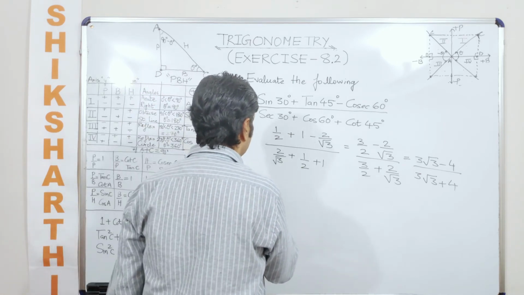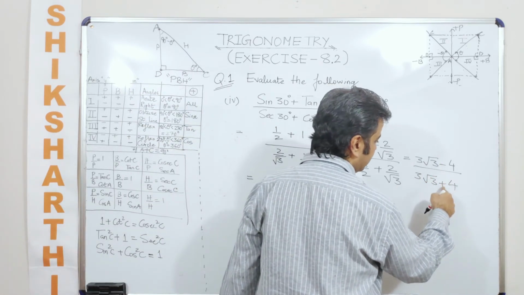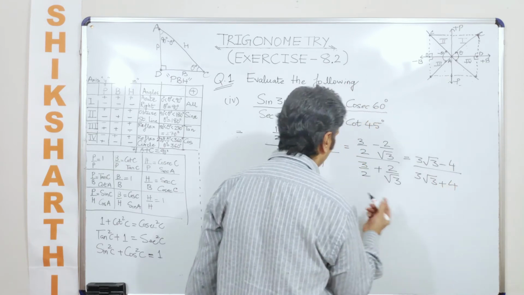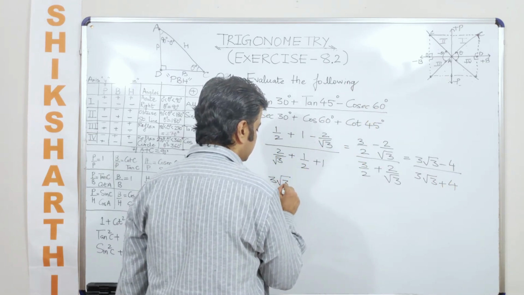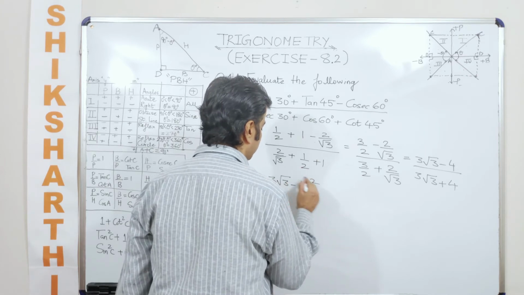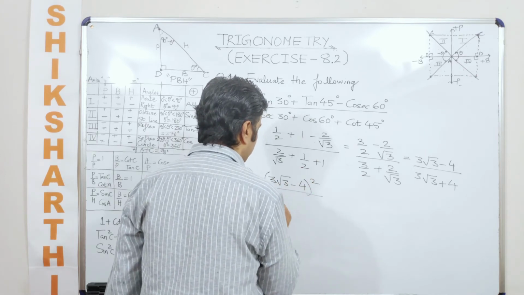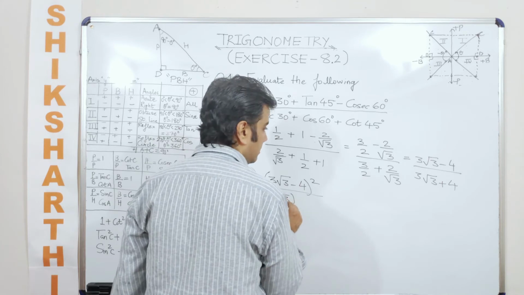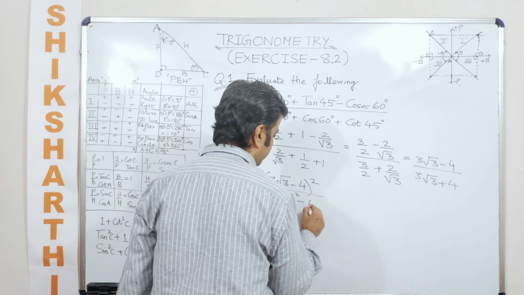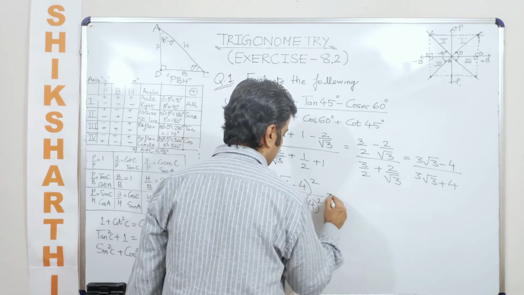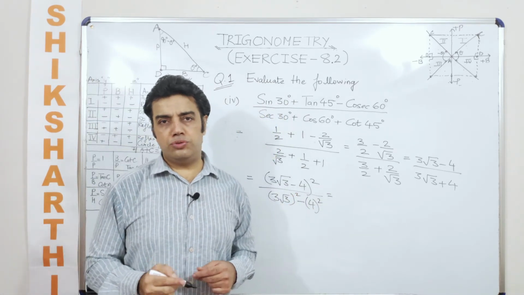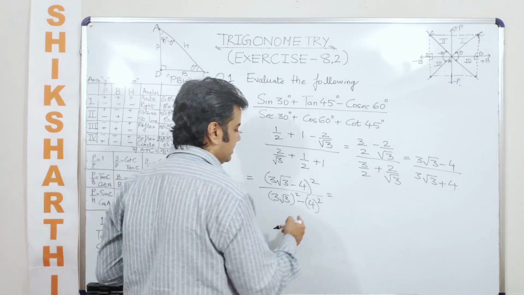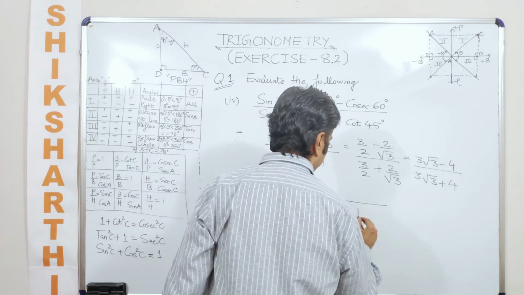So in that case, what are we saying? We are saying multiply the numerator and the denominator by 3 root 3 minus 4. So in that case, I am saving the number of steps here. So I can say this is 3 root 3 minus 4 whole square divided by 3 root 3 whole square minus 4 square. How much is 3 root 3 whole square? 3 square is 9, root 3 whole square is 3. So 3 into 9 is 27, minus 16 is 11.